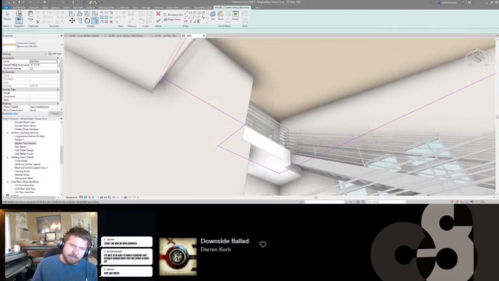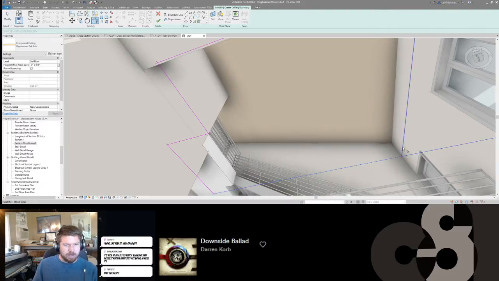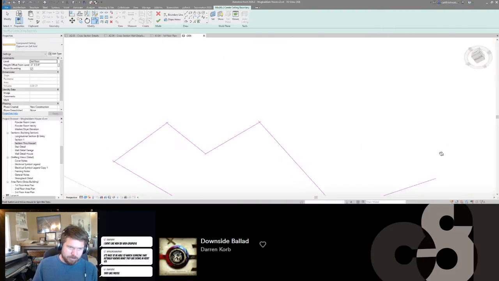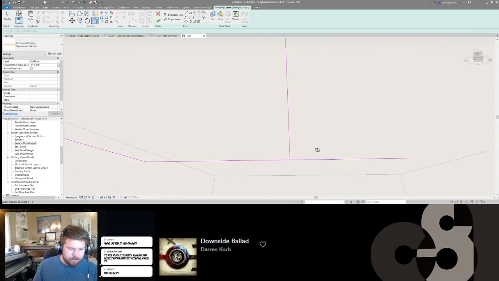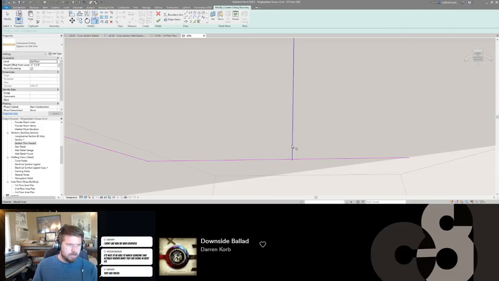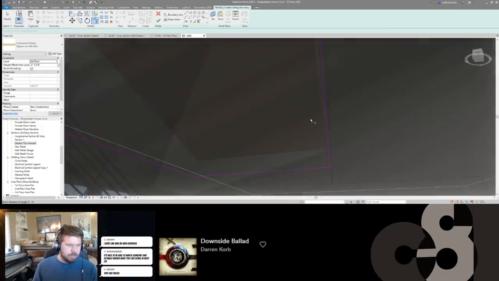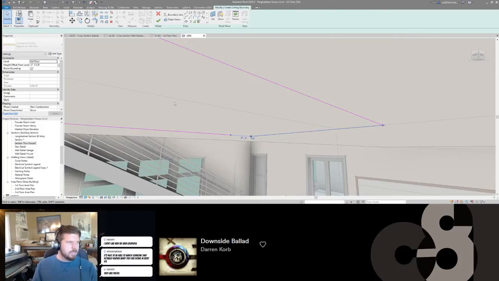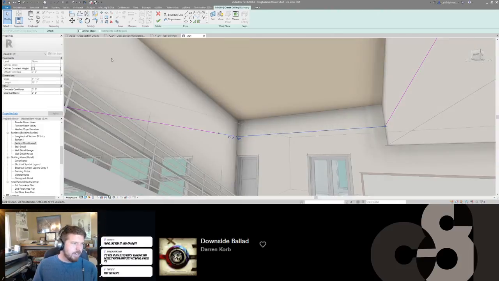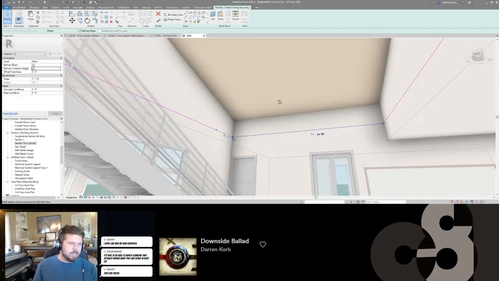Yeah, I actually find it very painful to watch somebody else work in Revit when it's very clear that they're very early in their Revit learning process. But I try not to be